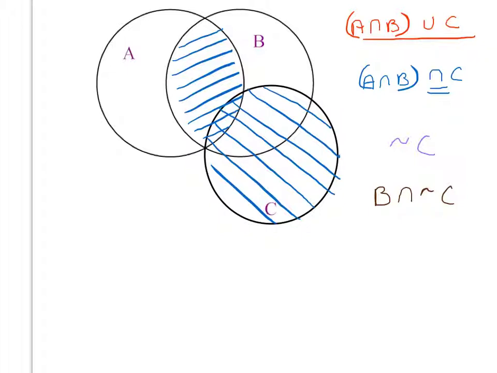It's easier when you're doing this in pencil, you're just going to maybe lightly do the two and then darken this middle part. But the only part of the solution here is this middle part. So you'd have to make sure on a test that I can read what you're giving me as your interpretation of that answer. So that would be the intersection of A and B intersection and C. Now if I erase that,